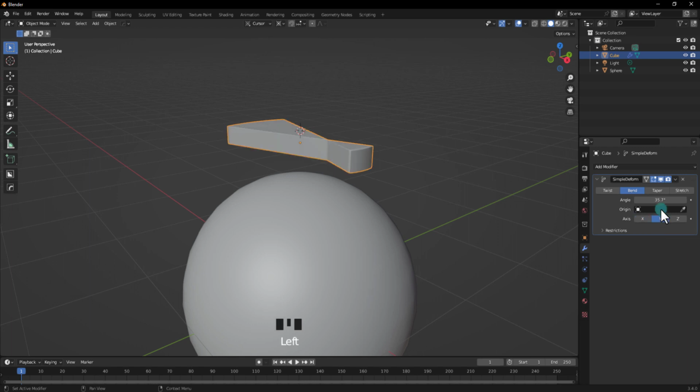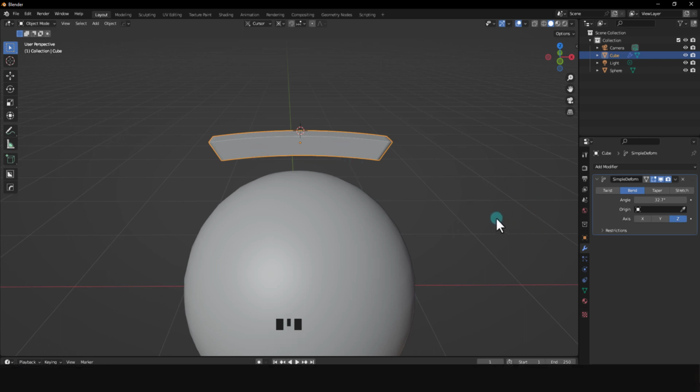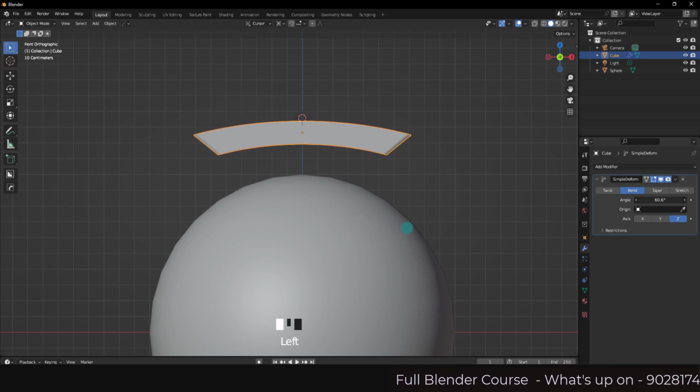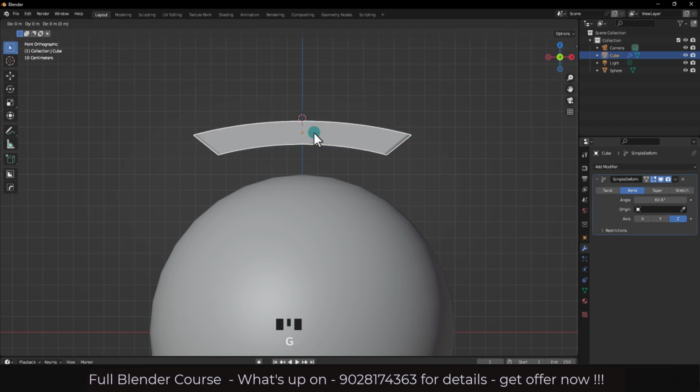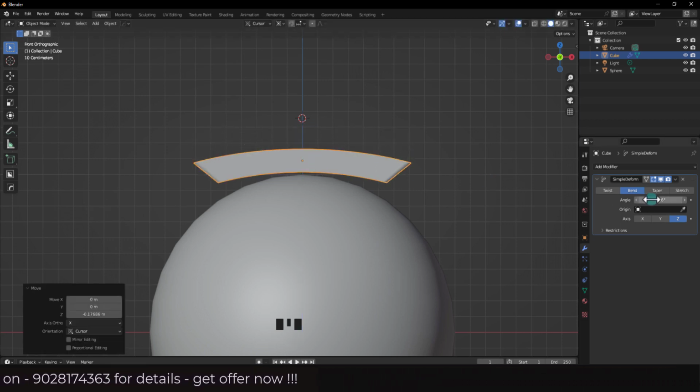Just select another axis, try this one, it is not as per our requirement, then select the z axis, and now you can see this is bent as per our requirement. So go into the front view and then give the proper angle of bend. Then you need to press G and Z and bring it down, then again provide the appropriate angle that matches the